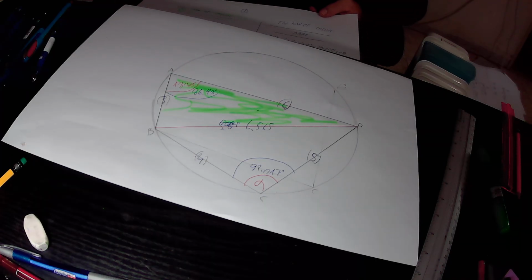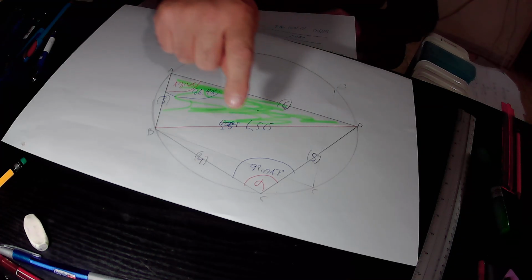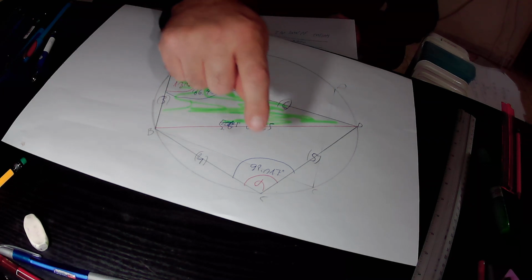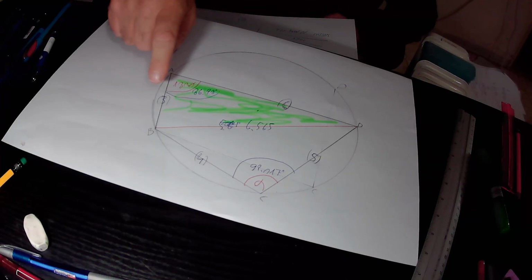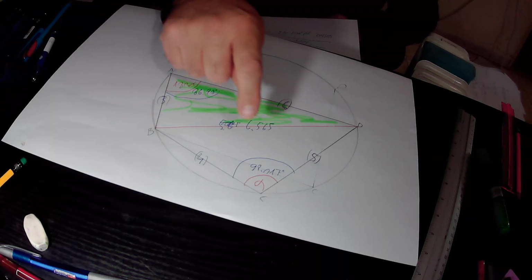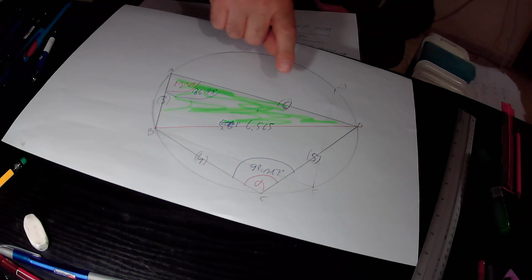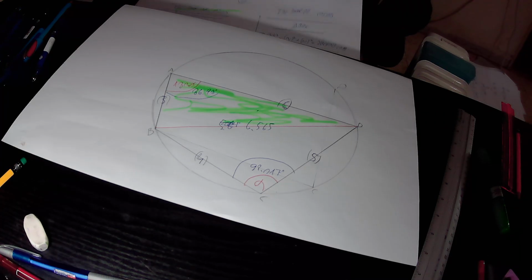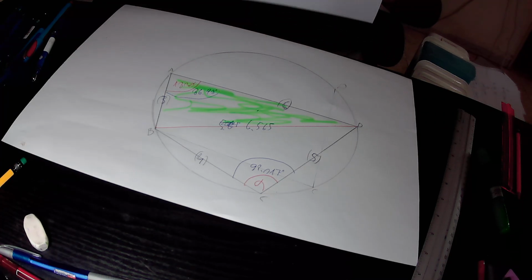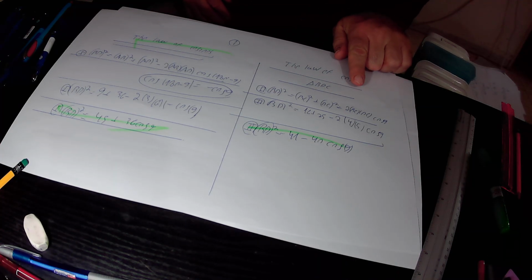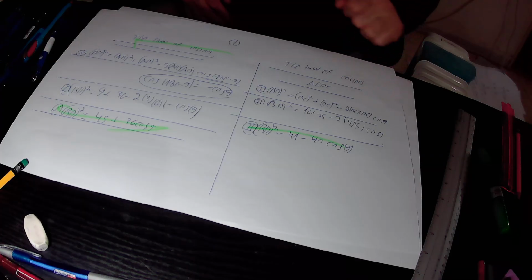According to the law of cosines, in this triangle BDC, the following equation holds: BD square equals DC square plus BC square minus 2 times DC times BC times cosine alpha. Again, in this lower triangle BDC, according to the law of cosines, BD is the missing side, so it